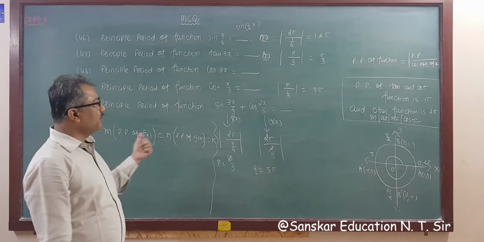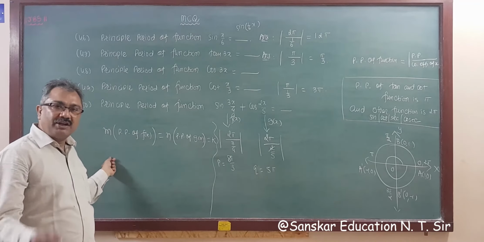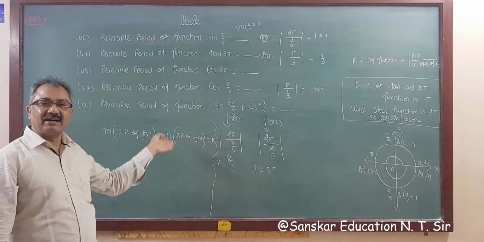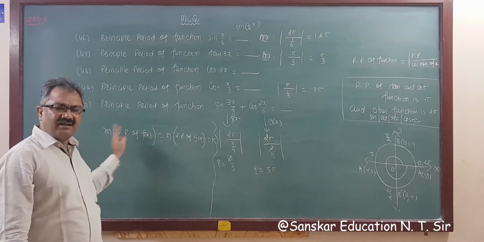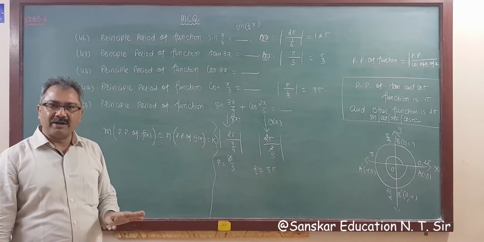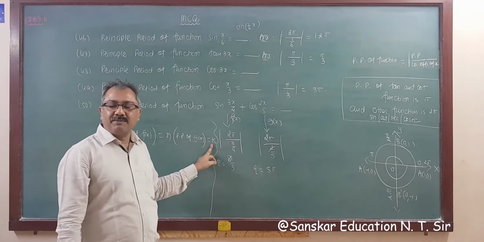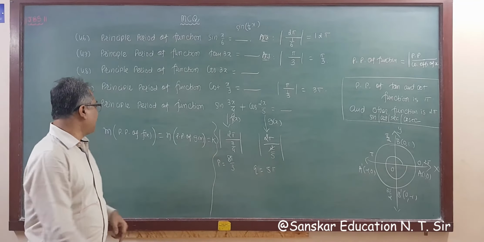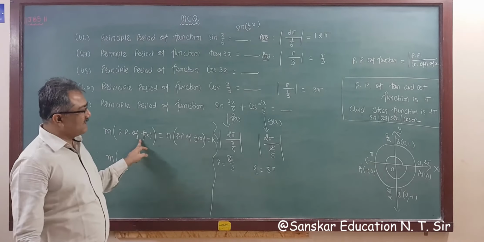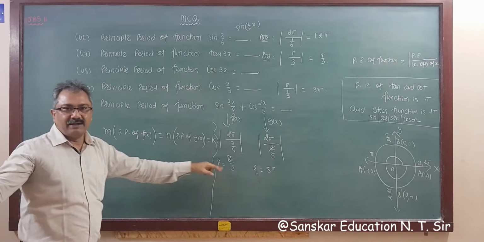So what you have to do, if a sum of functions is given, is take a constant into the first function's principal period equal to a constant into the second. You can take any numbers here, any constant, A, B, C, whatever you want, no problem at all. But I require only a constant. It is equal to some constant, I am taking k. Now this is m. Now the principal period of f(x) is 8 by 3.